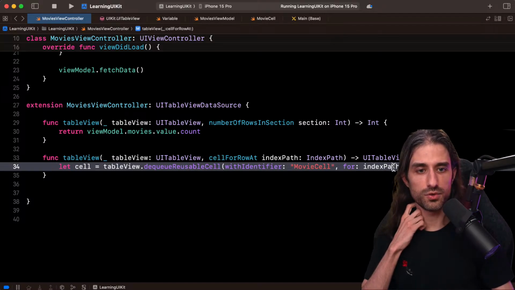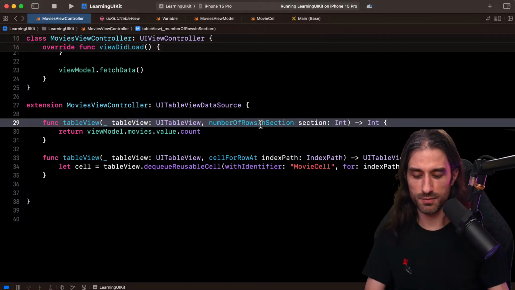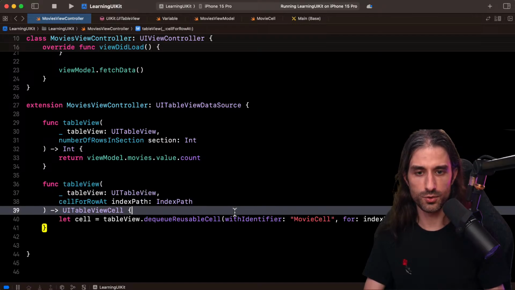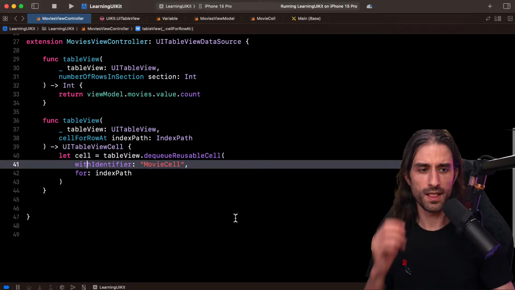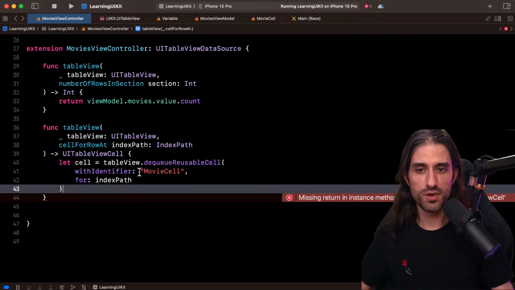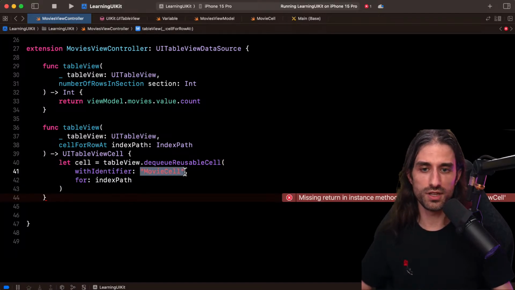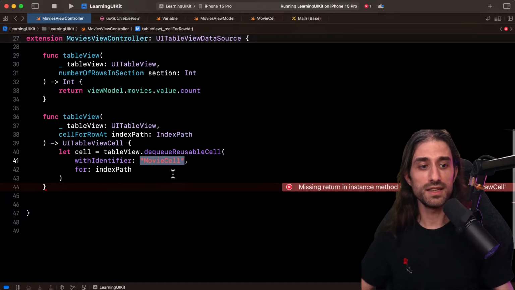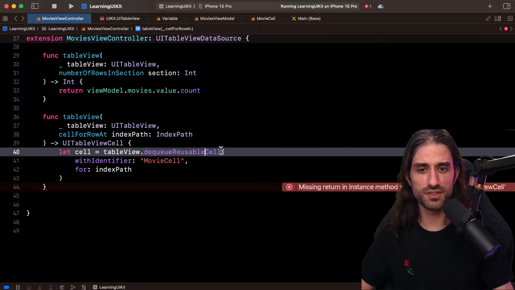The way this code is going to work, let me also split the code a bit so that you can see it better on the video, is that if there is a cell with this identifier ready to be reused, it's going to return it. Otherwise, it will create a cell. This way you will only create the minimal amount of cells that are needed. And you give this responsibility of knowing when you need to create a new cell or not to the table view, which makes sense because it's the job of the table view to display the data, to handle the scroll and everything.